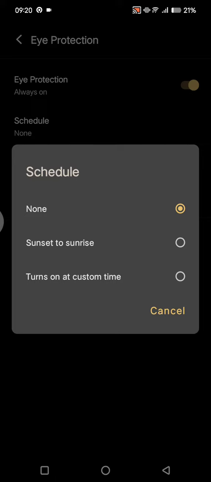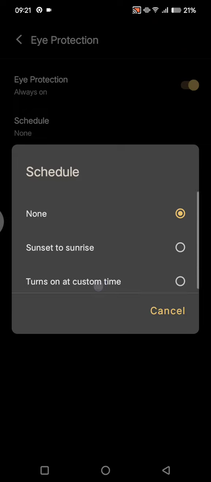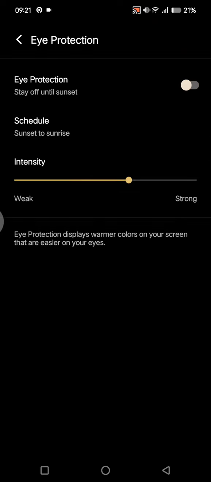For example, you want to just enable the eye protection from sunset to sunrise, or turn on at custom times if you want to. I'm going to go with sunset to sunrise, and here you can adjust the intensity of the eye protection. So you can see that the screen will turn into like yellowish warm light to protect your eye. So eye protection displays warmer colors on your screen that are easier on your eyes. So that's how you can turn on the eye